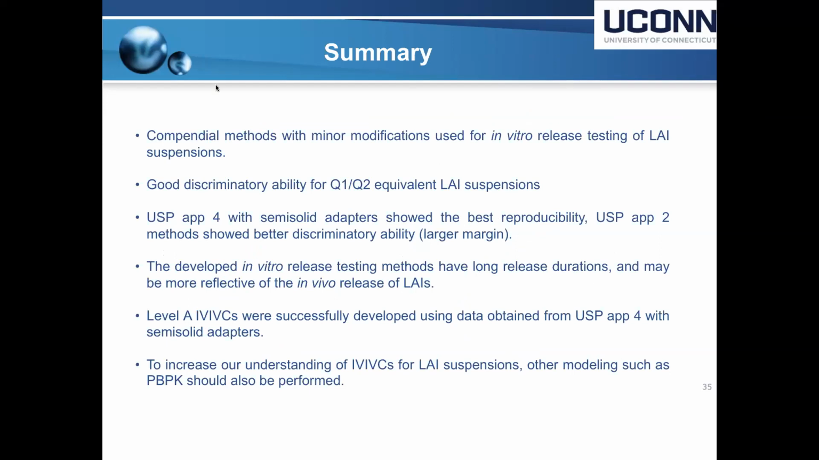So to summarize the data, we developed compendial methods with minor modifications for the LAI suspensions. We showed good discriminability for our Q1, Q2 equivalent LAI suspensions. We got the best reproducibility with Apparatus 4, but with Apparatus 2, we got a little bit higher margin in the discriminability. However, the Apparatus 4 method did turn out to be able to develop the IVIVCs successfully. And we're also now working to increase our understanding of the IVIVCs for LAI suspensions by using other modeling such